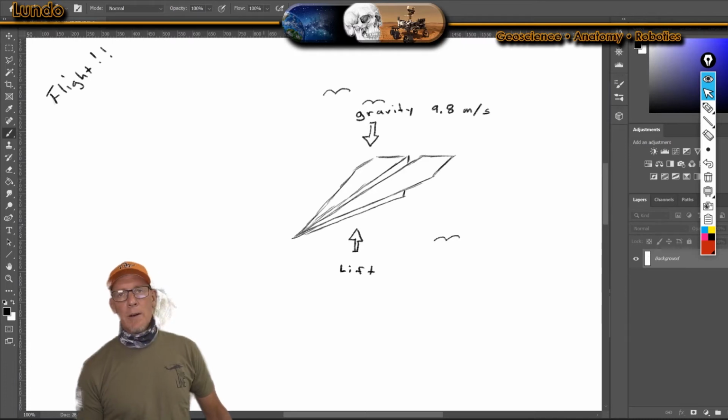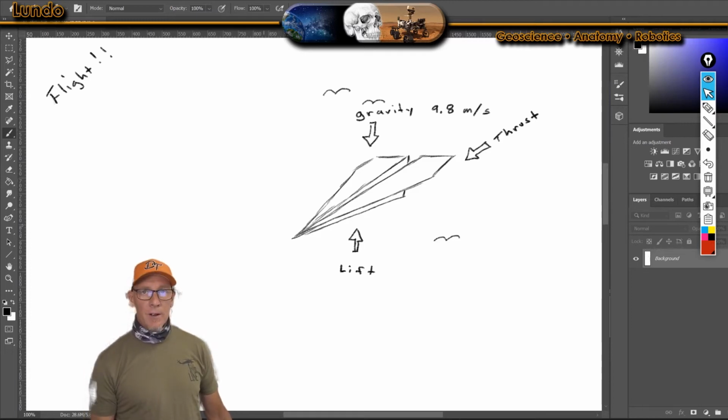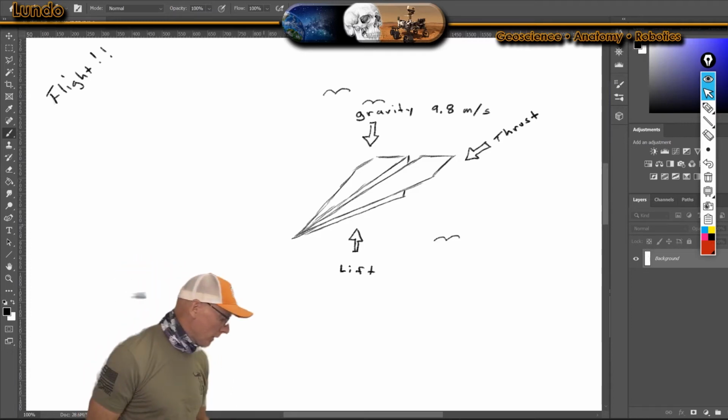If the lift is greater than the gravity, the plane flies. If the gravity is greater than the lift, the plane crashes into the ground. All right, now you also have, to help your plane fly, thrust. Now, specifically in our case, the thrust would be,